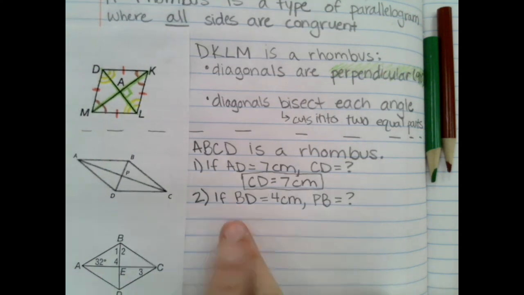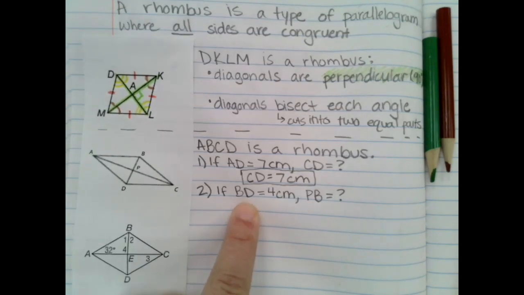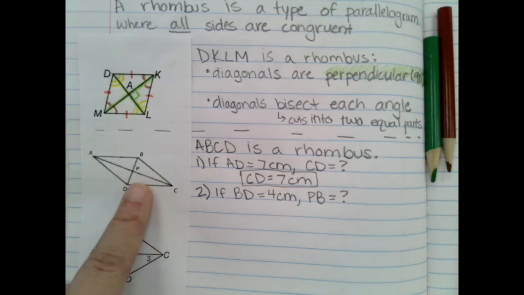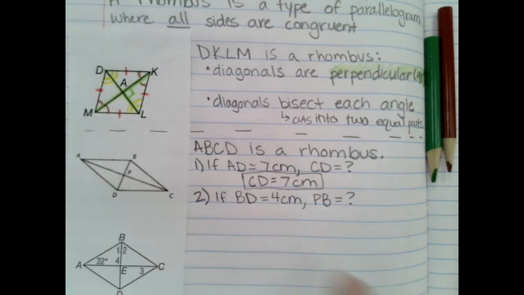So this is actually this part. BD, is that a side or a diagonal? Good, it's a diagonal. We do know at angle P it's a 90-degree angle, but this actually goes back to